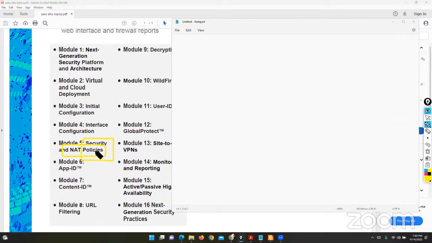So we use NAT policy for translation. If you want to translate one IP to another IP, or from private to public or public to private, you can go with the NAT policy concept. NAT is a common topic for any next generation firewall box. Remember the CCNA concept? In CCNA, we have three types of NAT: static and dynamic NAT